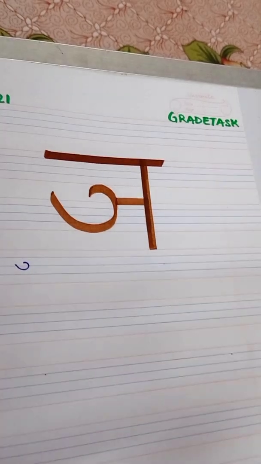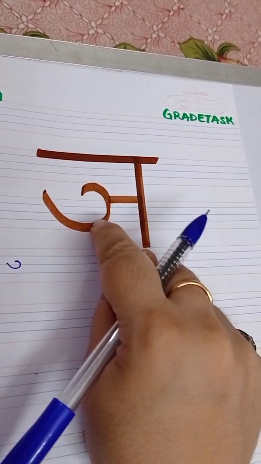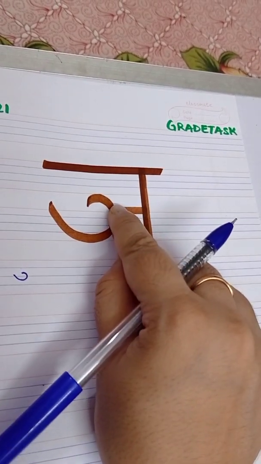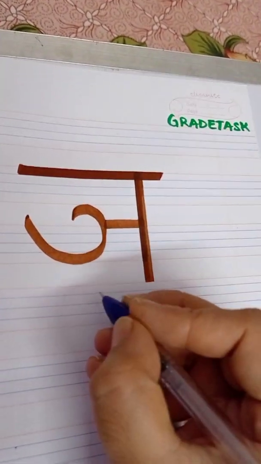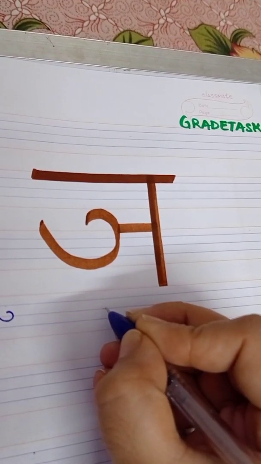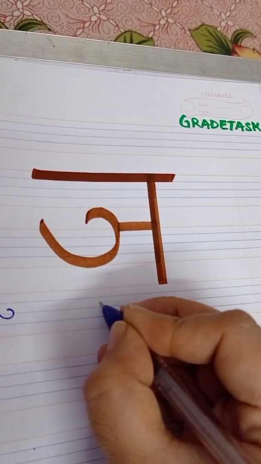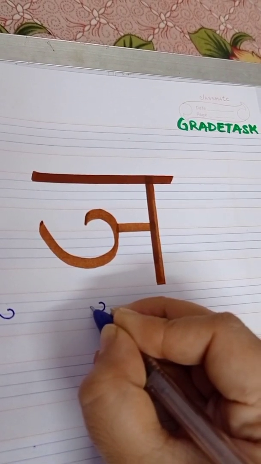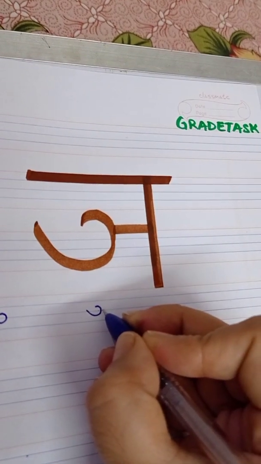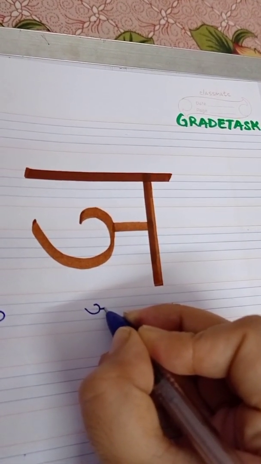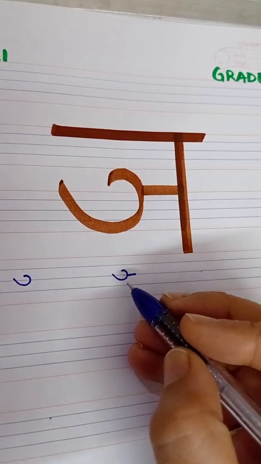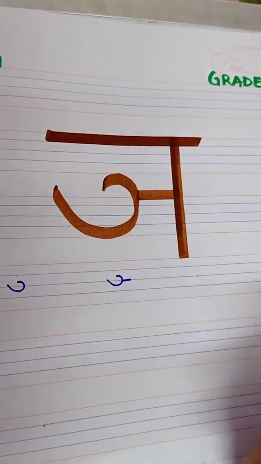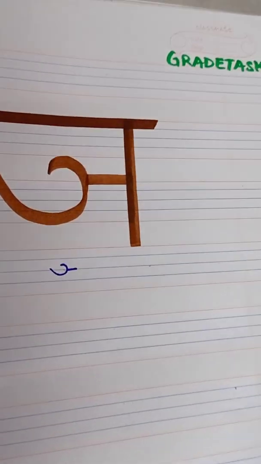Our second step is to again make one opposite curve, go up, cross the middle line, and then put your pencil on the middle line and make one sleeping line. Look here. Keep your pencil above this middle line. Make opposite curve, go up, cross the middle line this way. Now put your pencil on the middle line and make one sleeping line. We will not touch the curve to the bottom line. You can see here I have not touched it to the bottom. So you will also follow the same.